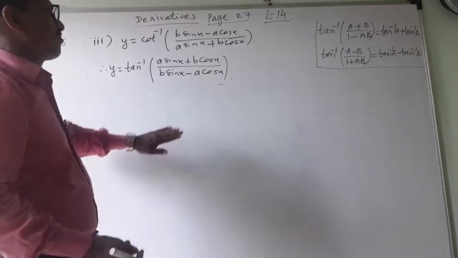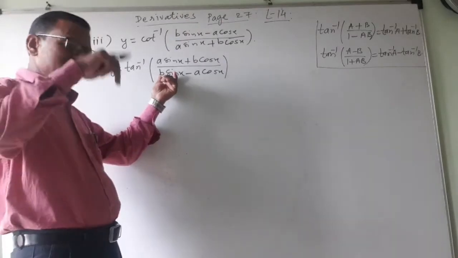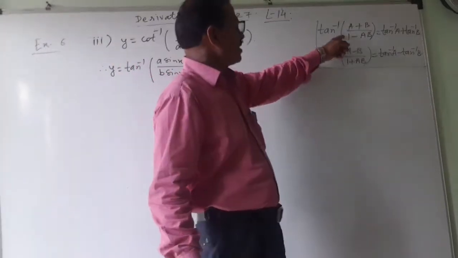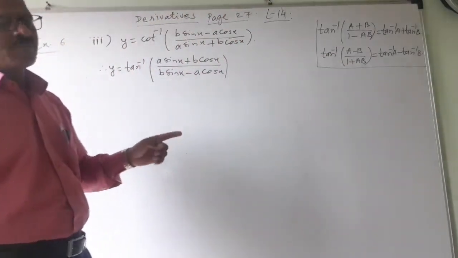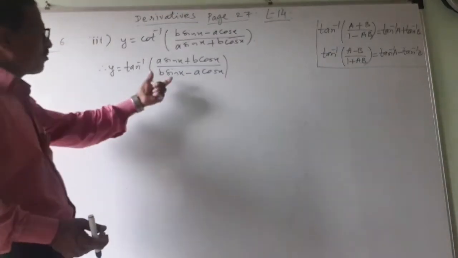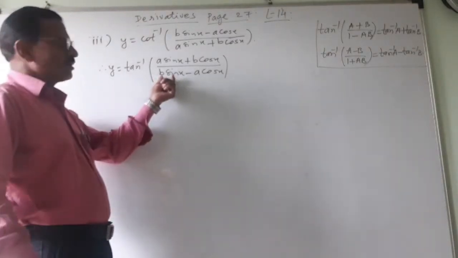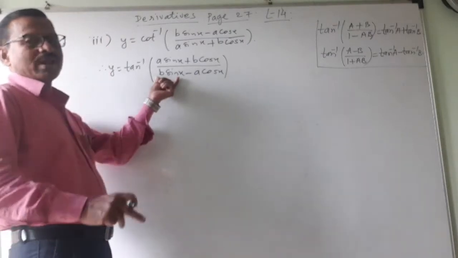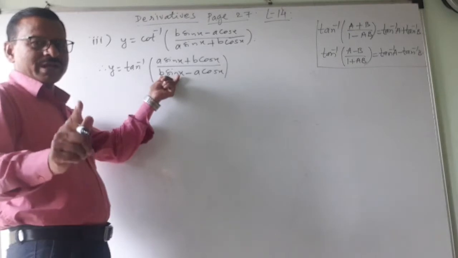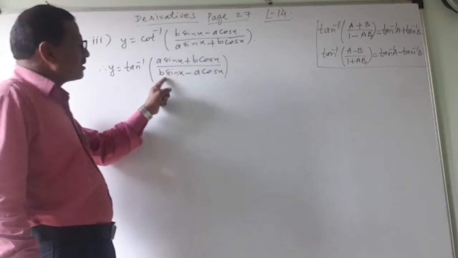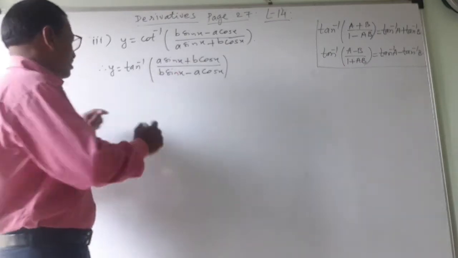Now in this sum, what to do? In the earlier sums, this 1 was needed, and it was given in the earlier two sums. But in this sum, 1 is not given. So how to bring 1 here? Consider only that. Don't do anything else. If I divide the same number by the same number, then I will get 1. So I will divide numerator and denominator by b sin x to bring 1 here.